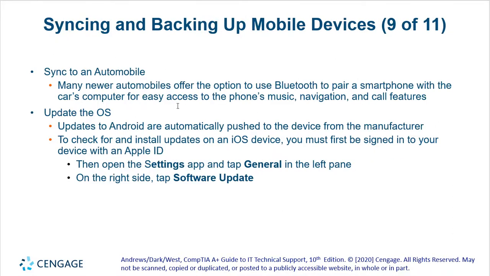There's so many different syncing options. You can sync to your automobile. I don't sync to my car, but I do pair to Bluetooth. I don't like syncing to everything on the planet sometimes, but I do listen to podcasts a lot in my car, and I also like to listen to Spotify in the car. Navigation for my Google Maps is much better from my phone than my car navigation, so I wish the call features were better. My car, I really am not a fan of its call features or navigation, so I just end up using my phone. So it's really nice because then I can just say, okay Google, and it will do everything for me